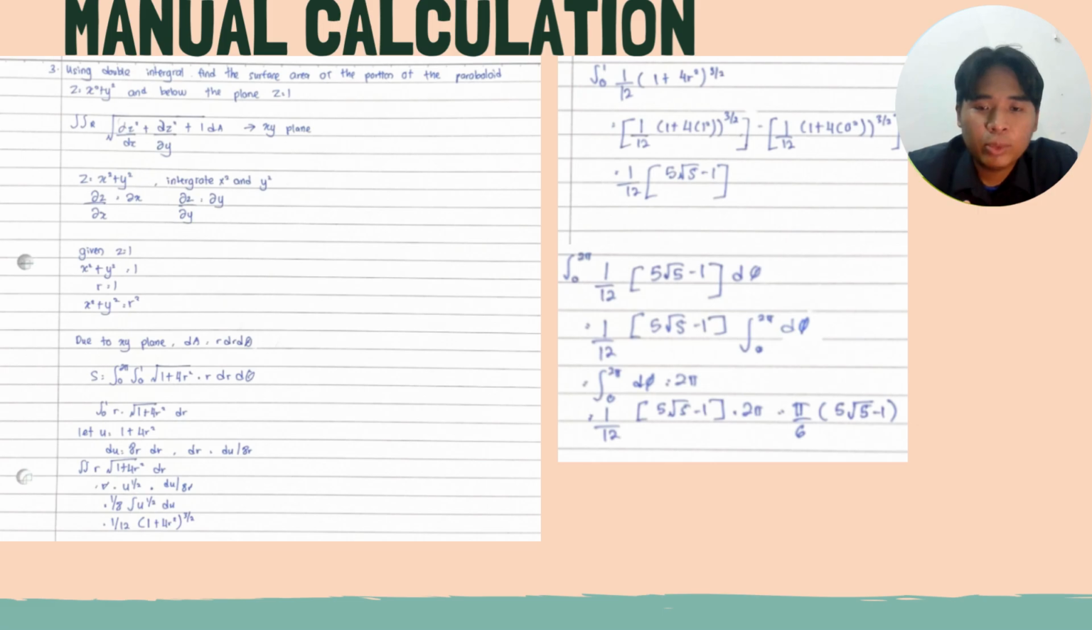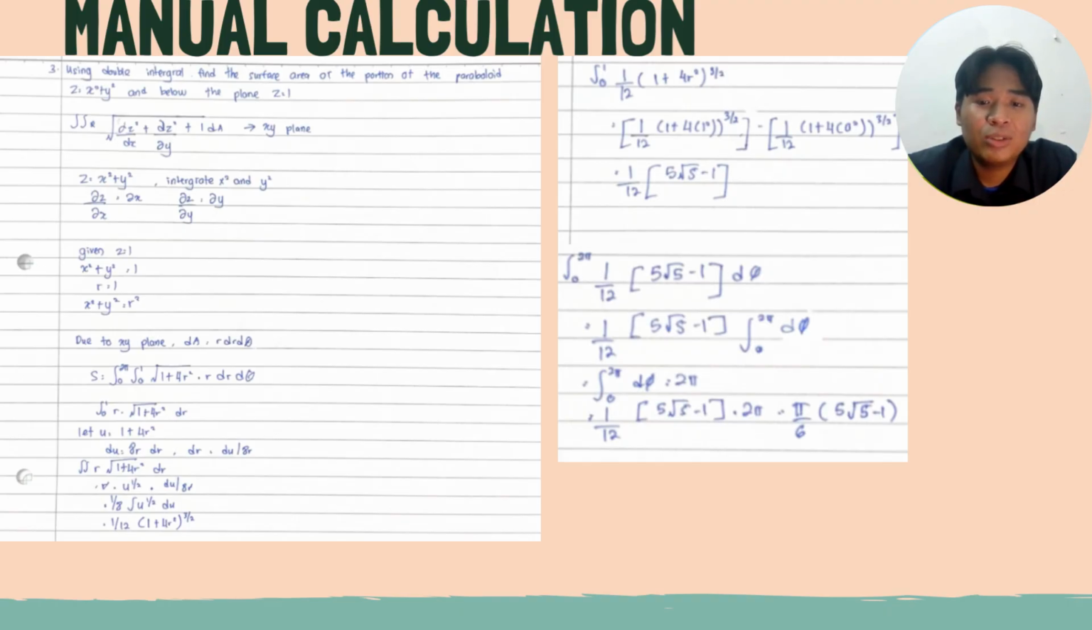Then step 2, we must determine the region where the paraboloid is cut by the plane z equals 1. Since z equals x squared plus y squared, we substitute z equals 1 from the given question. So this is a circle of radius 1. Because the region is circular, it's easier to use polar coordinates. So let x squared plus y squared equal r squared and dA equals r dr d